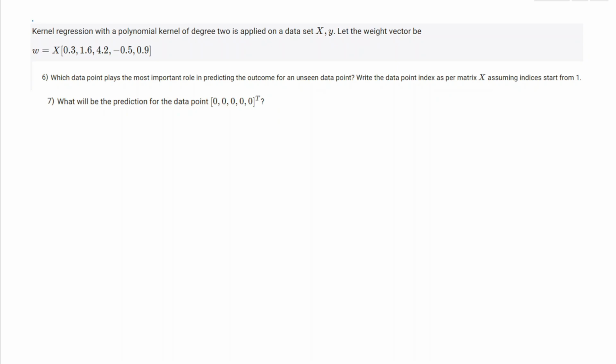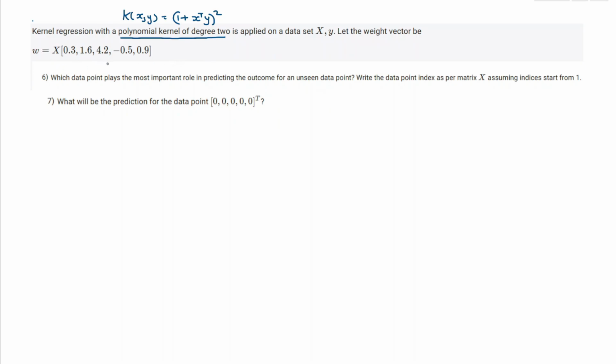Alright, so here we have a problem on kernel regression with a polynomial kernel of degree 2. Now what does this mean? This means that the kernel of x comma y is given by (1 + x transpose y) whole squared. This is by definition the polynomial kernel of degree 2. It's applied on a data set x and y, and the weight vector is given to be w equals x